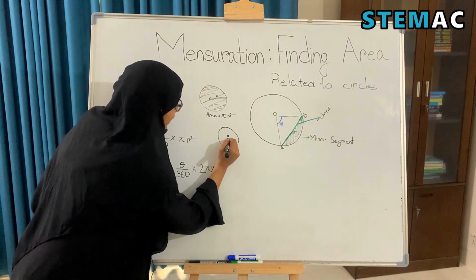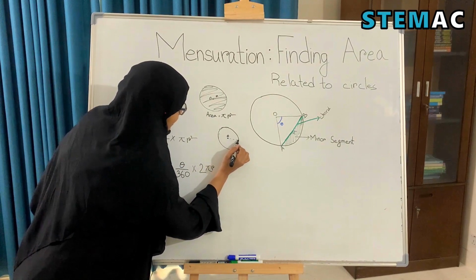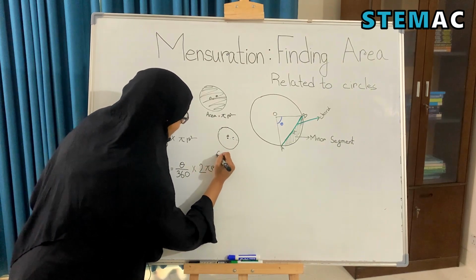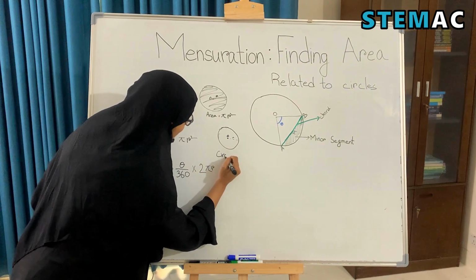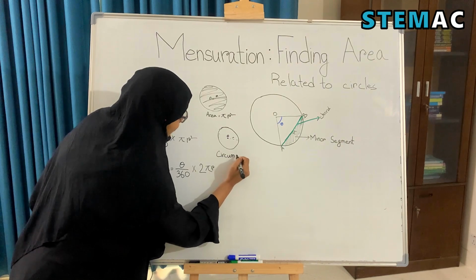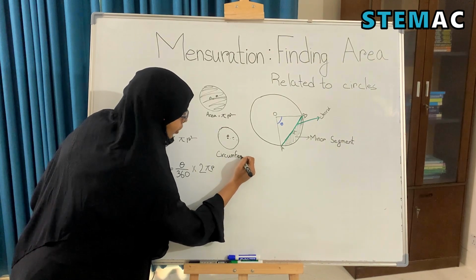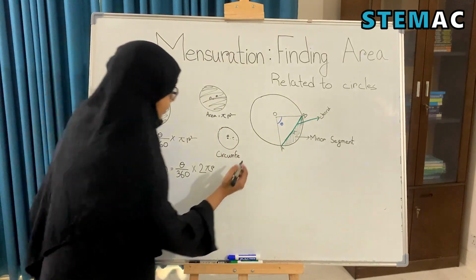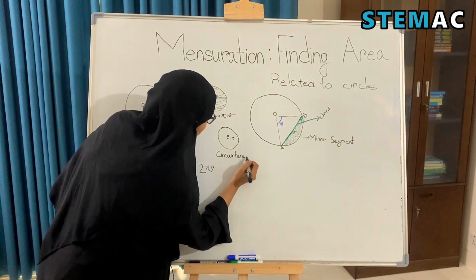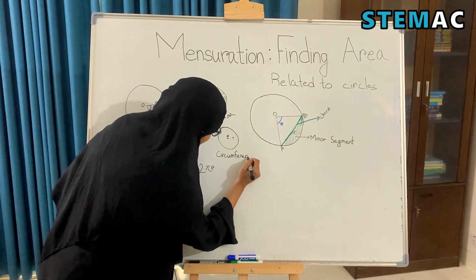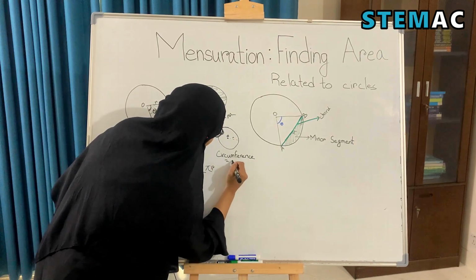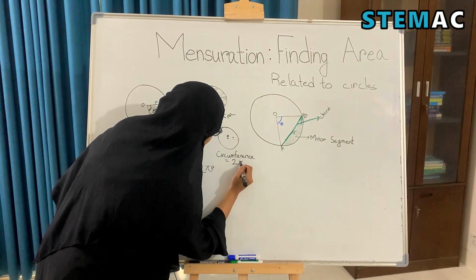This is the center and the radius is r. For a circle, the circumference, or you could also say the perimeter of the circle, the outline of the circle,